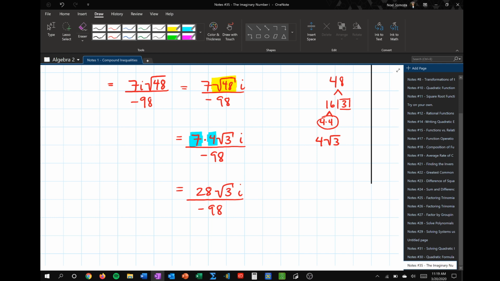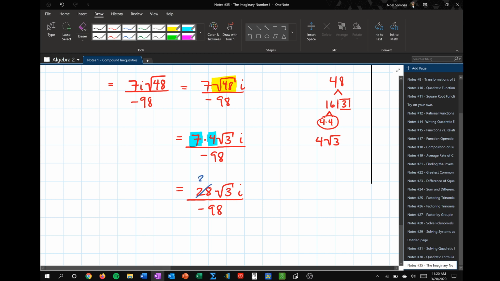I know 14 can go into 28. 14 times 7 gives us 98. So if you divide by 14, that gives you 2. If you divide this by 14, that gives you 7. So now what you have is negative 2 square root of 3I